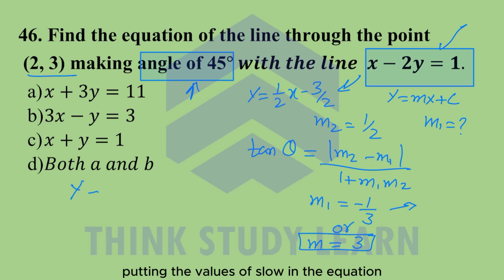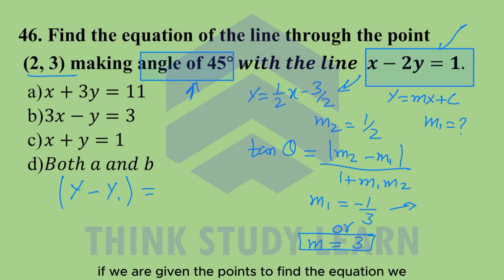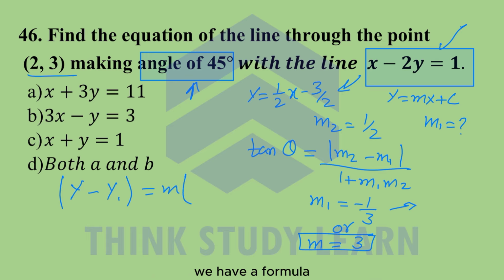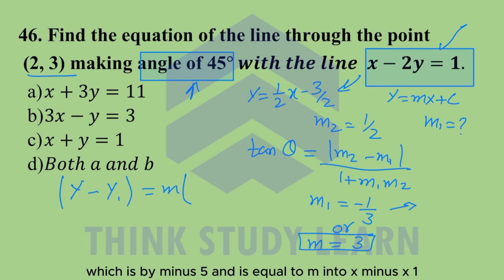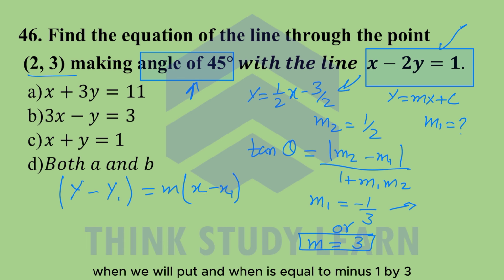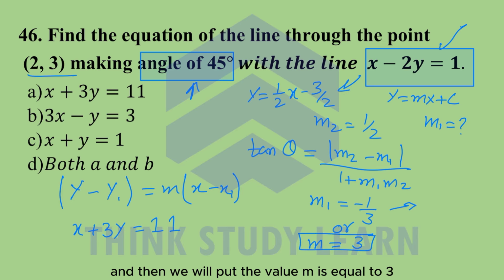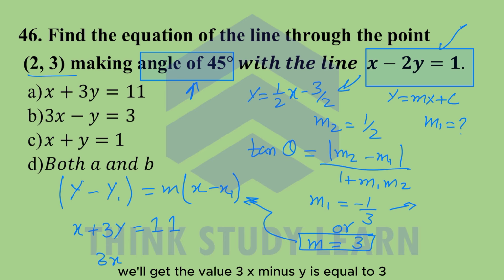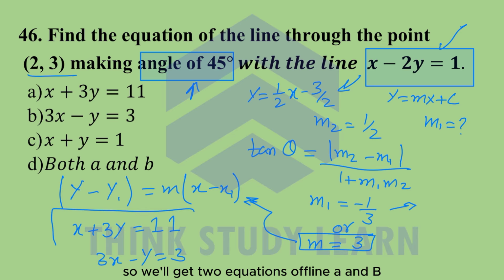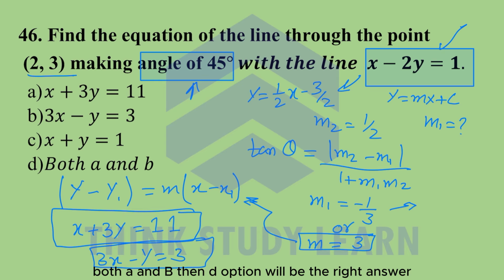Putting the values of slope in the equation: if we are given the points, to find the equation we have a formula, which is y minus y1 is equal to m times (x minus x1). When we put m1 is equal to minus 1 by 3, we get the equation x plus 3y is equal to 11, and when we put the value m is equal to 3 in this equation, we get 3x minus y is equal to 3. So we get two equations of line, a and b, both a and b, then option D will be